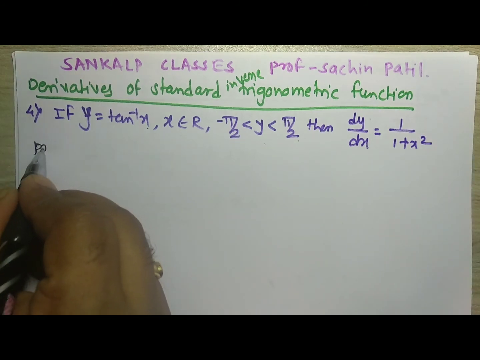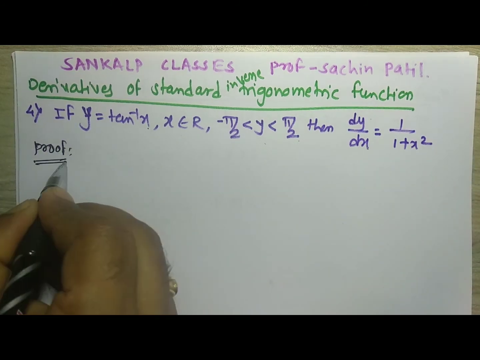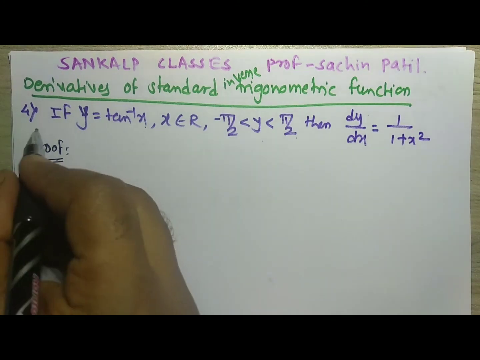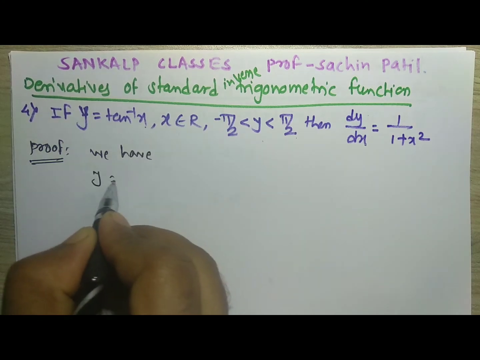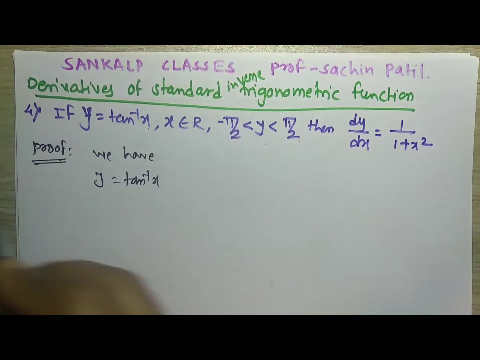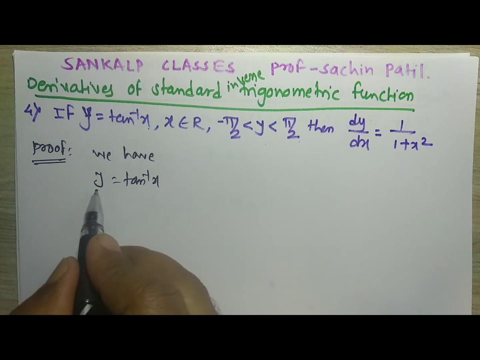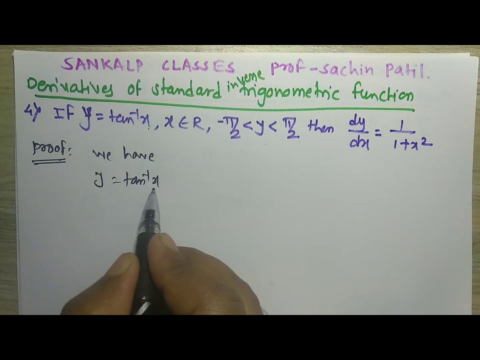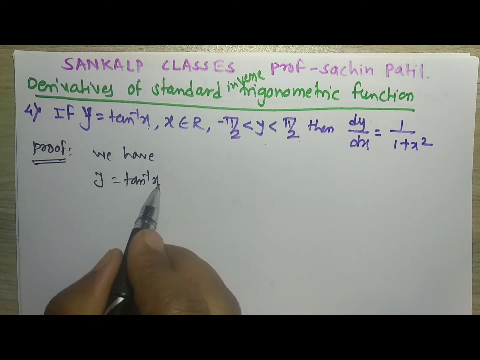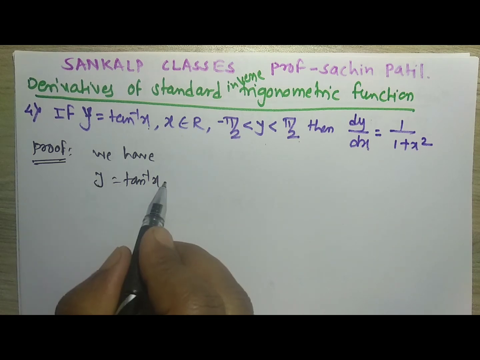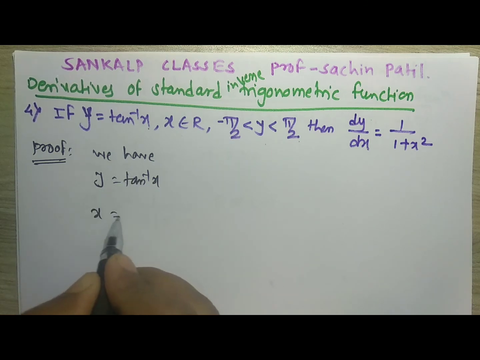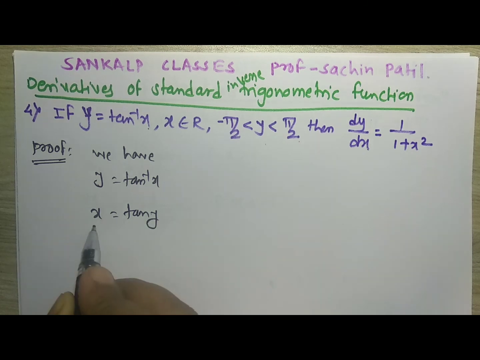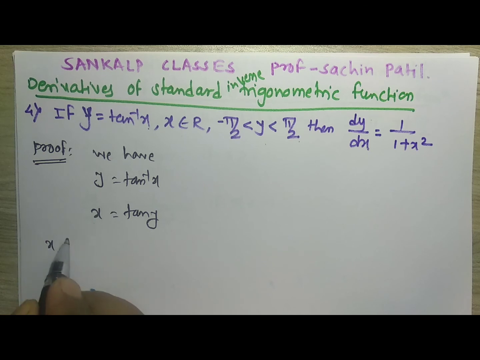Now we have to prove it. We have y is equal to tan inverse x. Once again I am repeating, y is a dependent variable and x is an independent variable, and therefore y is a function of x, so the derivative of y with respect to x is taken here. But right now we have to take the inverse of that function, that is x is equal to tan y, and here x is a dependent variable and y is an independent variable. That means x is a function of